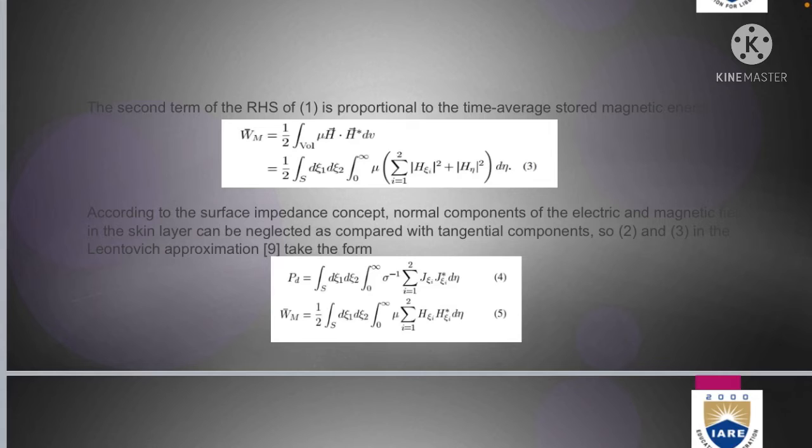According to the surface impedance concept, normal components of the electric and the magnetic fields in the skin layer can be neglected as compared with the tangential components. So, equation 2 and equation 3 in the Leontovich approximation take the form